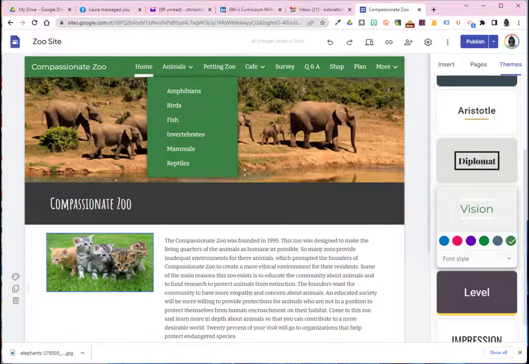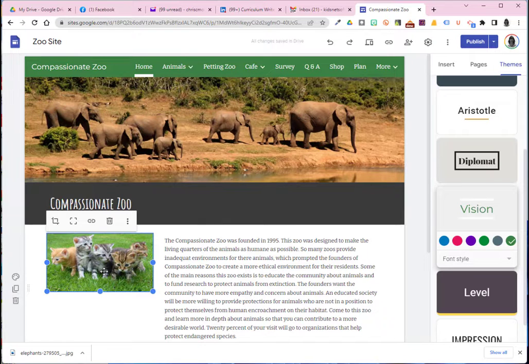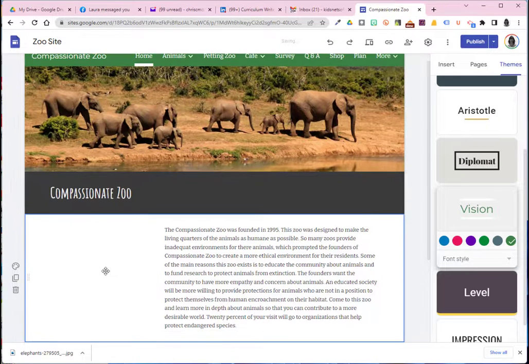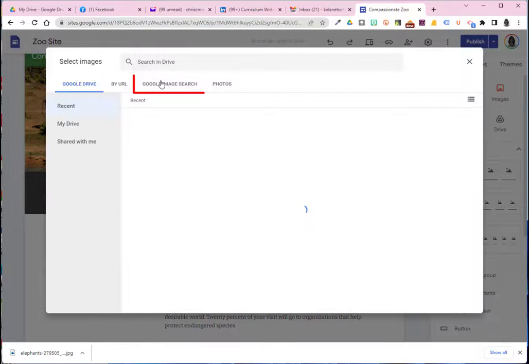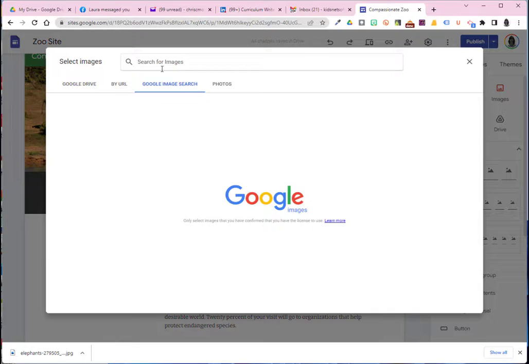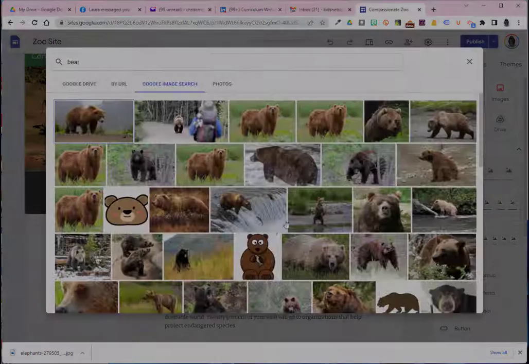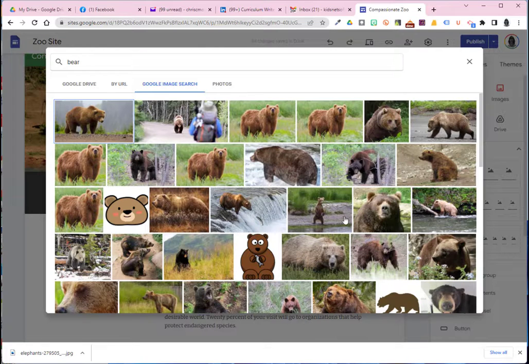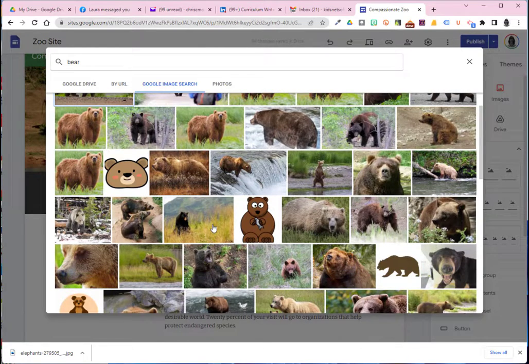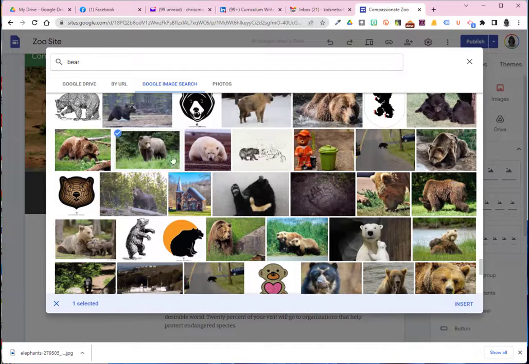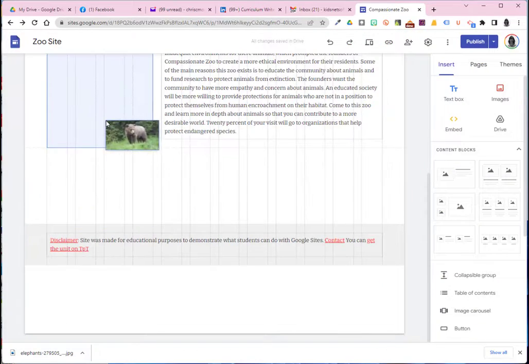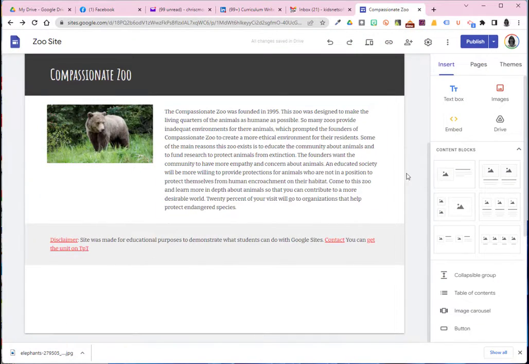I noticed I had some other errors. These cats should not be on the home page. So I'm going to delete that. I'm going to choose Insert, Image, and then Select. I'm going to choose Google Image Search, and I'm going to type in an animal that you would find at the zoo. So maybe I'll do a bear. And I'm going to choose something that might look like it is at a zoo. Hopefully it's with a nice habitat. So when you find one you like, you select it and you can choose Insert, or you can double click to add it. I'm going to drag this up and now I have my image on my home page